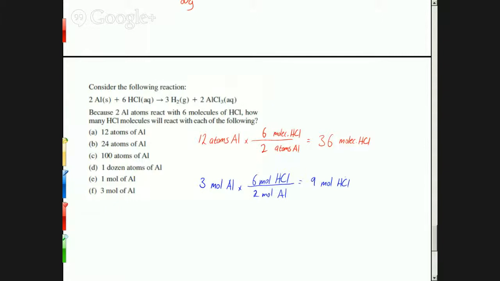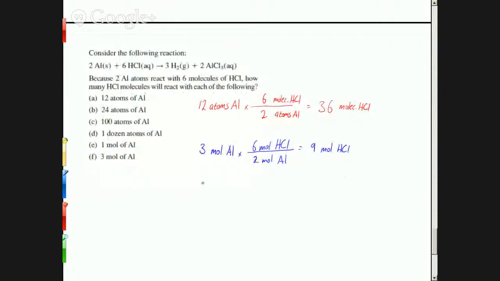Wait, for D, what was true? For a dozen? Mm-hmm. How much is it? 3 dozen. 3 dozen, okay. All right. Same thing. So we can do the same procedure that way. We can say 1 dozen aluminum times,